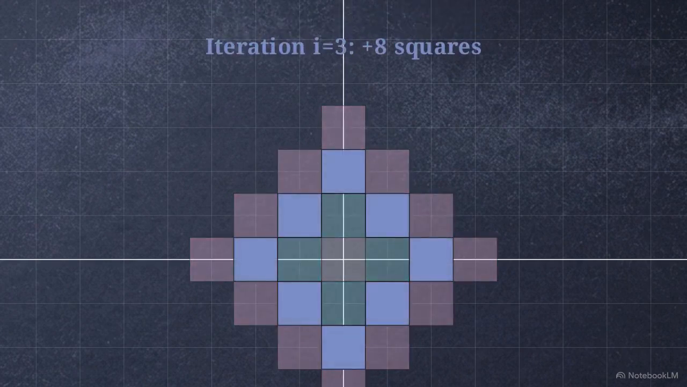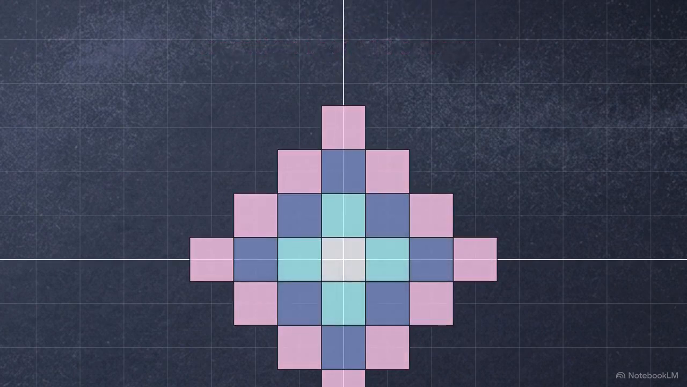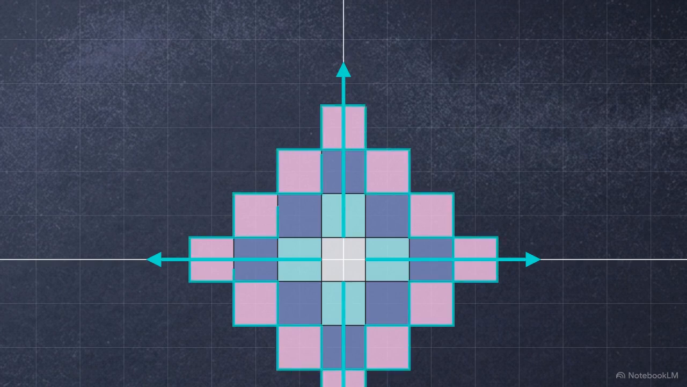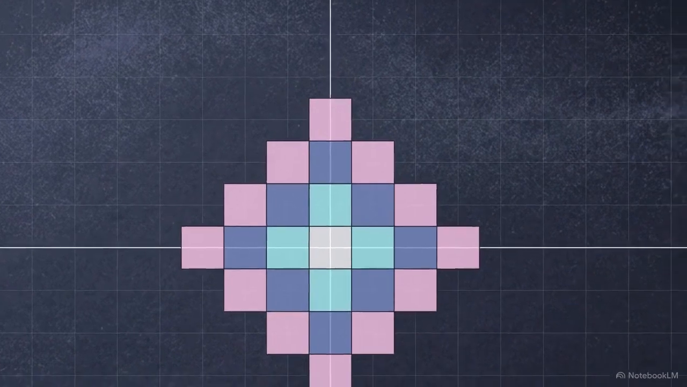The first new layer adds 4 squares. The next layer adds 8. The layer after that adds 12. This pattern is driven by the geometry. The shape expands outward in exactly 4 directions: up, down, left, and right. Because every new layer builds along these 4 distinct edges, each successive wave requires exactly 4 more building blocks than